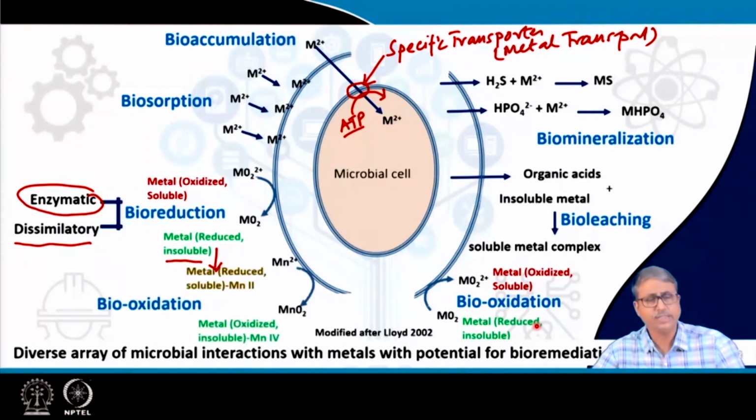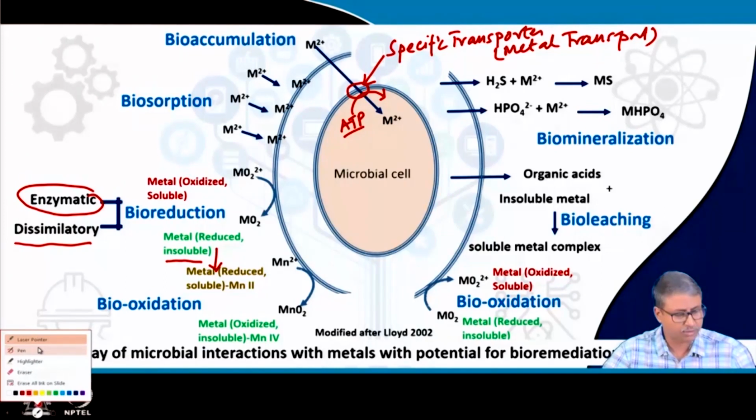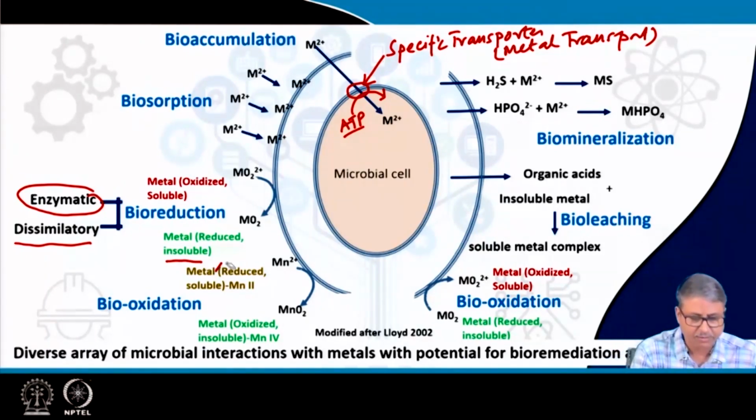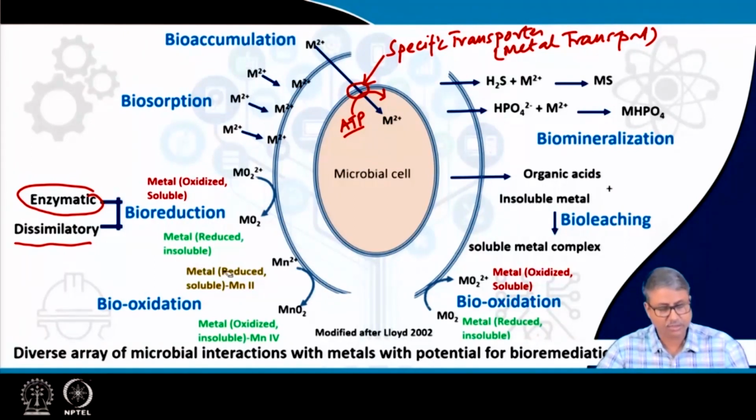Now, there is another very interesting method of bio-oxidation that has gained considerable attention in recent time, that is called bio-oxidation through dissimilatory mode of interactions. So, metals like manganese, for example, are more soluble when they are in reduced form. Manganese 2 is more soluble in reduced form. But if we are able to oxidize them, then it is converted to Mn4, that is MnO2, and this MnO2